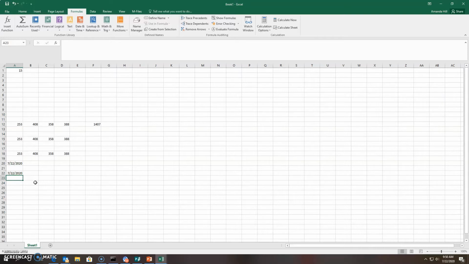And even functions that require no arguments, as in this case, they still must have the open parentheses, close parentheses to them. So if I was building a spreadsheet and I did have the today function in here, like tomorrow, this would change to 7/23 in this spot. Now this one would not because I didn't have the today function in there,